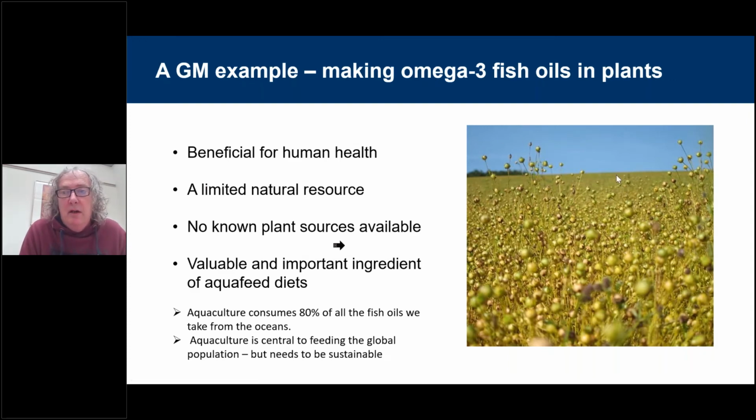So let me tell you about my omega-3 project, which can be used as an example of how you can use plant biotechnology to meet the Sustainable Development Goals. The reason why I think it's important to flag up that this is a GM project is that the previous two speakers were talking mainly about conventional plant breeding, which still has a massive and important role to play in meeting food security goals and many other aspects of meeting the Sustainable Development challenges. So GM and also gene editing, which I'll mention in a minute,